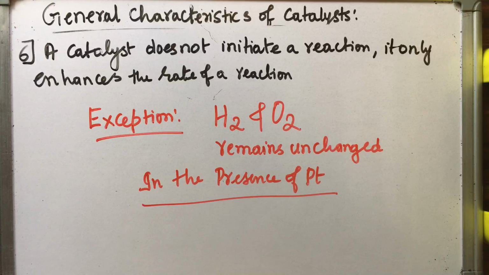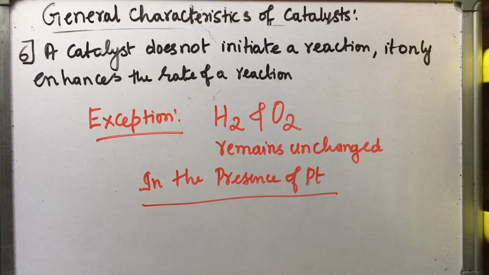Fourth point is that a catalyst decreases the activation energy of the reaction, thereby increasing the rate of a chemical reaction. I gave you the example that in the absence of catalyst, activation energy for hydrogen peroxide decomposition is 76 kilojoules per mole, and in the presence of catalyst, the activation energy is reduced to 57 kilojoules per mole, thereby the rate of the reaction is more. How does it decrease the activation energy? By proceeding in an alternate path. And what was the catalyst used for the decomposition of hydrogen peroxide, students? Iodide ion.